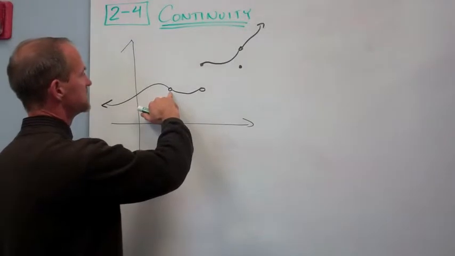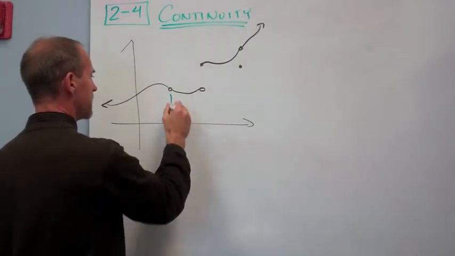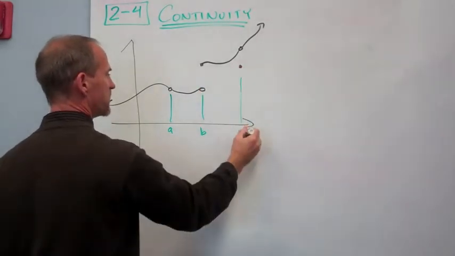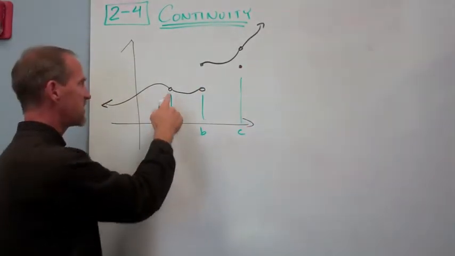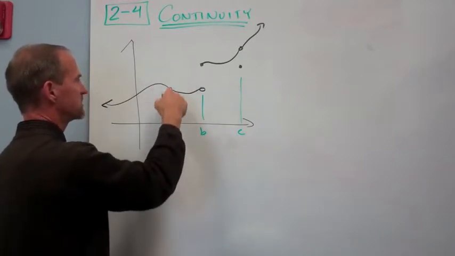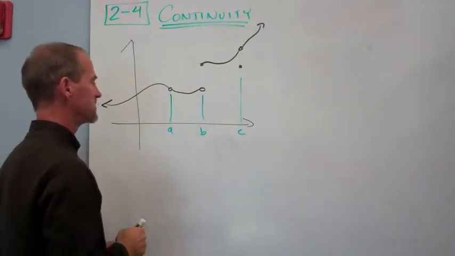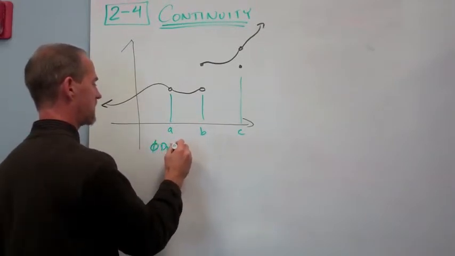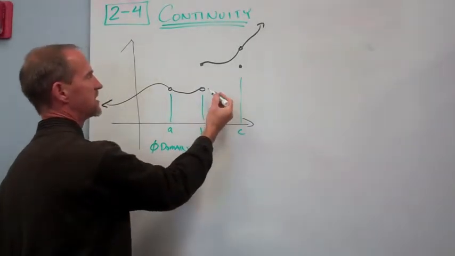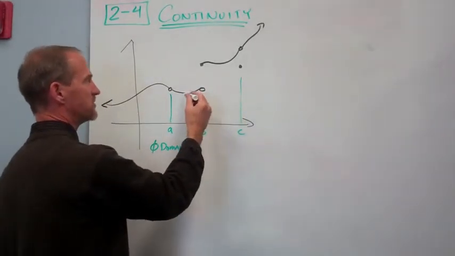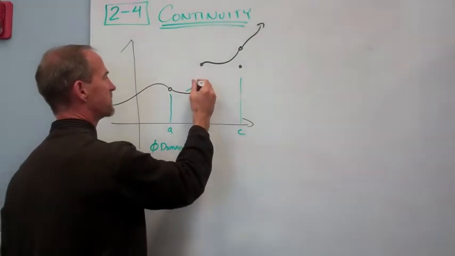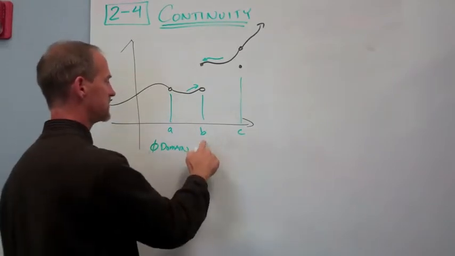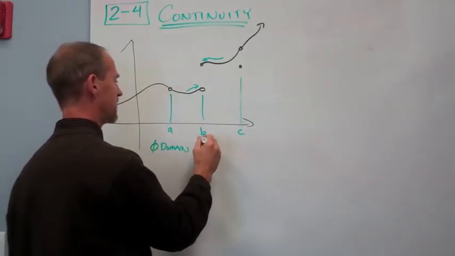Well, this place is discontinuous here because whatever this value is, call that A, call that B, and call this point C. We'd say it's discontinuous at A because A is not defined. That is not in the domain. There's just a gap there. There's a hole, and it does not exist. So this is not in the domain. All right? This one, there's a problem because when I go to find the limit, I can approach the value from this side and I can approach the value from this side, but they do not agree. So the limit here does not exist. No limit, okay,